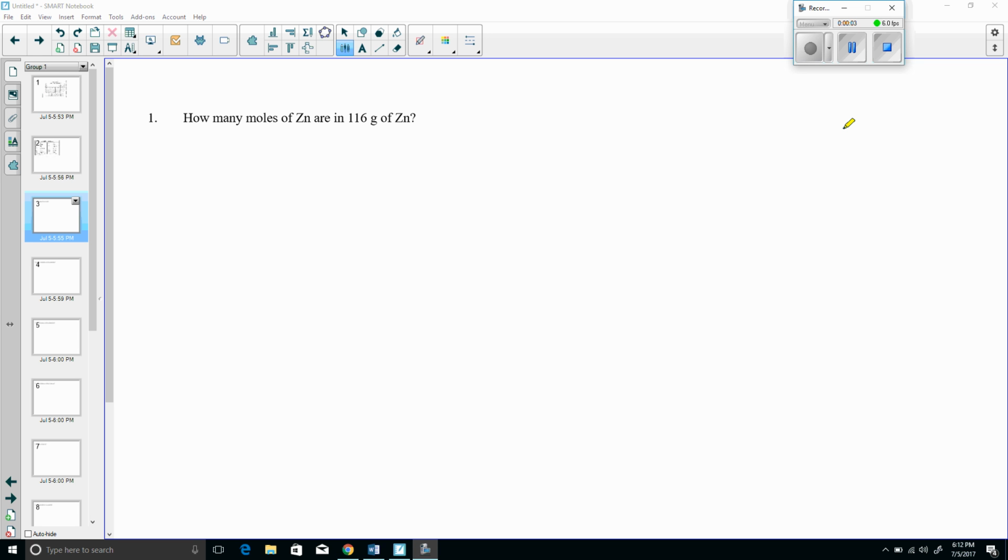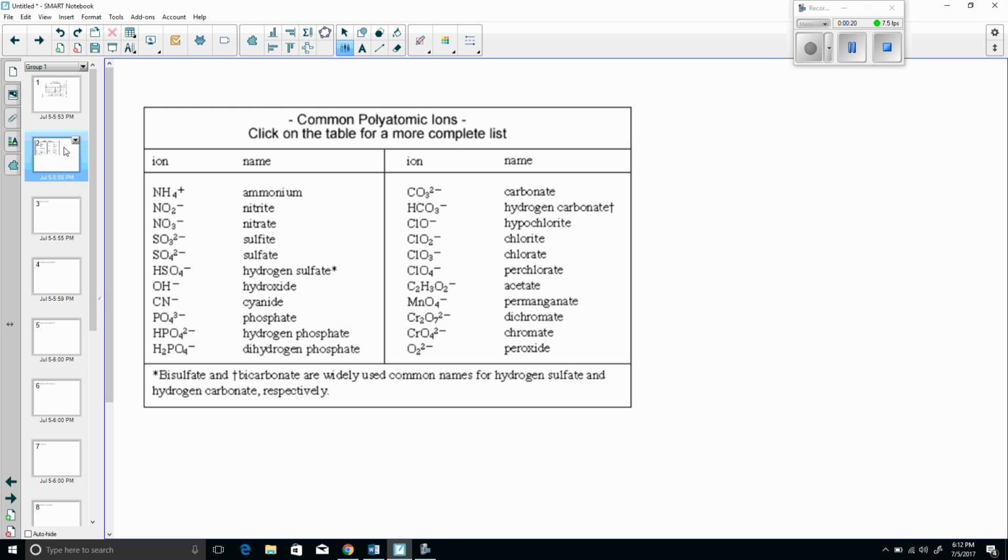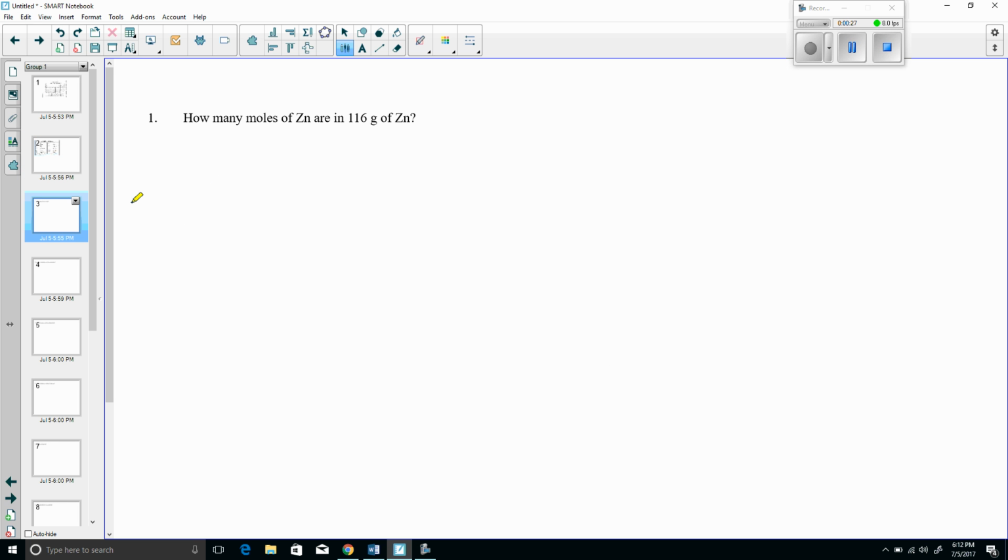Okay, we're looking at doing these sample problems for Ashley Johnson, and she's enrolled in Chem 1115. We're going to work on the first 10 problems of this problem set for Unit 4. You will need a periodic table, a list of common polyatomic ions, and a calculator, which I can now show you in a picture. So, we're first charged with seeing how many moles of zinc are in 116 grams of